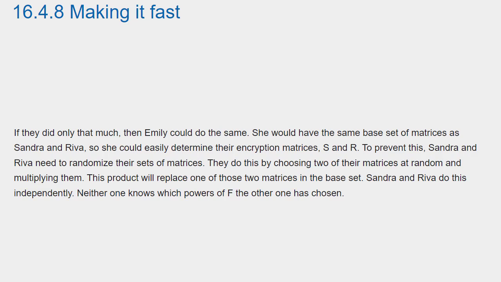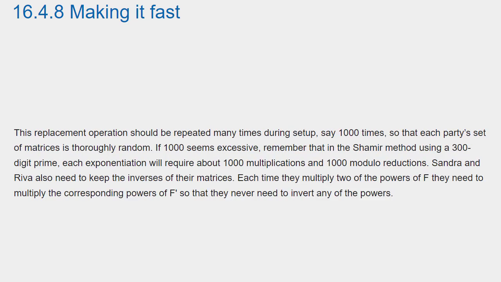They do this by choosing two of their matrices at random and multiplying them. This product will replace one of those two matrices in the base set. Sandra and Riva do this independently. Neither one knows which powers of F the other has chosen. This replacement operation should be repeated many times during setup, say 1,000 times,